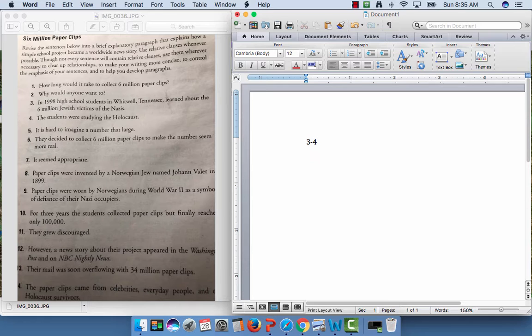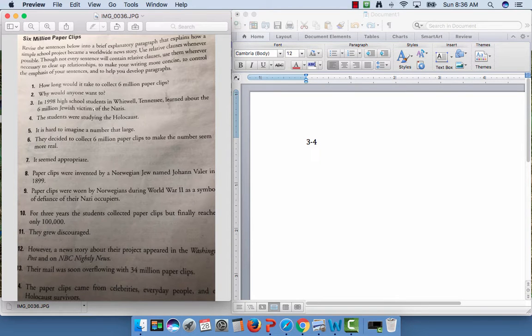In high school, in 1998, high school students in Whitehall, Tennessee learned about 6 million Jewish victims of the Holocaust. The students were studying the Holocaust. Now you can combine these two sentences using a relative clause by looking to see what's being repeated in the second sentence. For example, we see that the word students is being